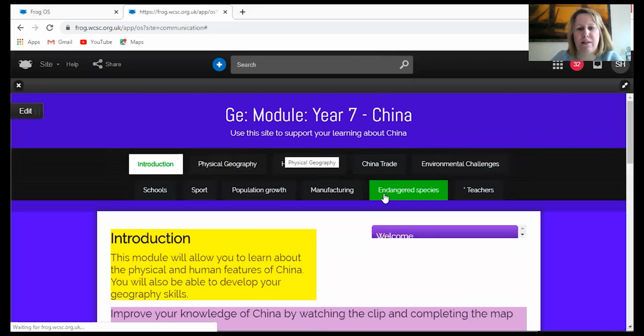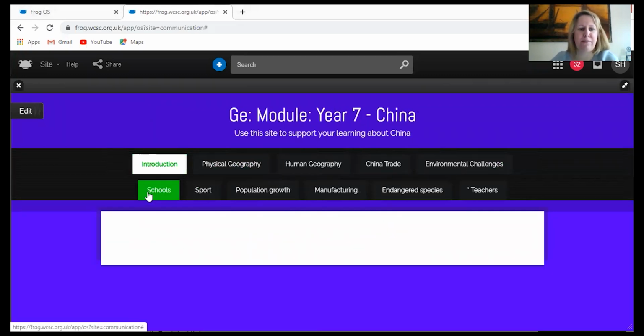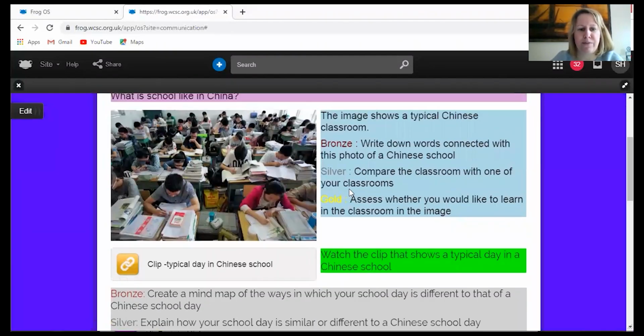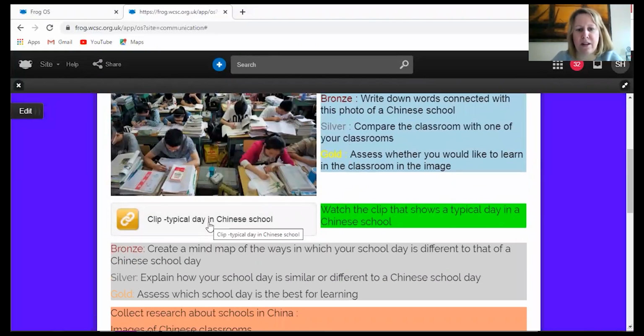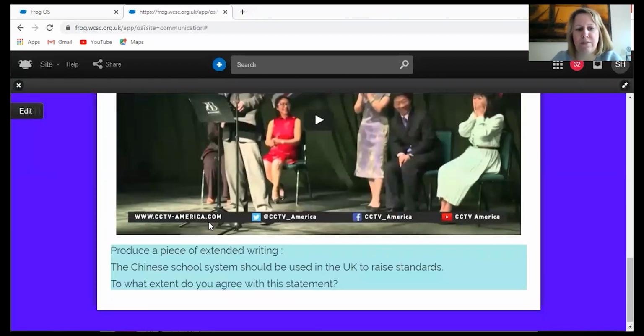We've been setting topics for students to learn about. So my year 7s have been looking at schools in China. And we've got tasks for them to do. Some of them are links to clips. Some of them are links to